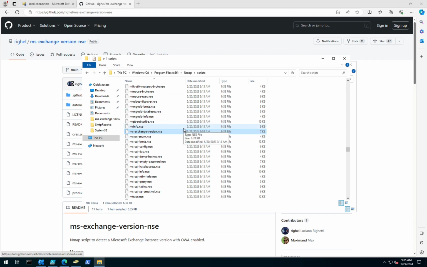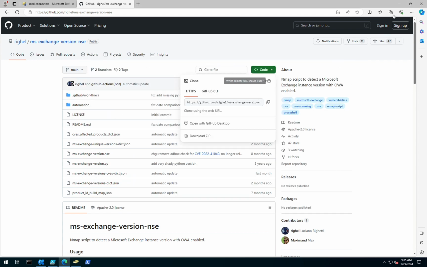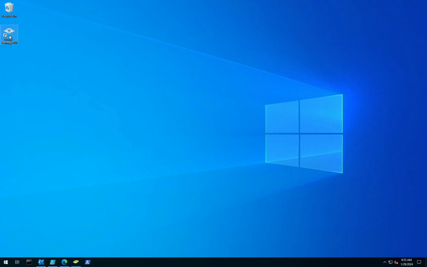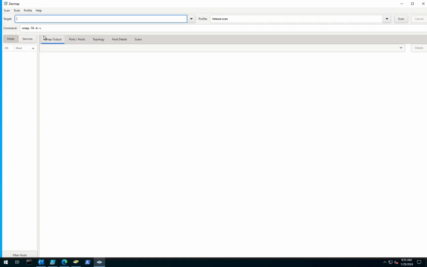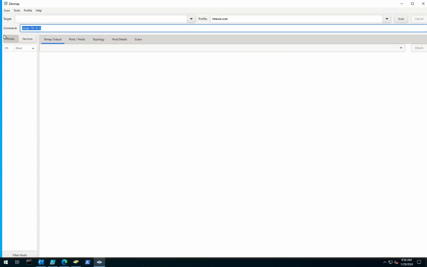Now remember, NMAP or Zenmap can be used in attacks as well. So some of these scripts can perform attack stuff, so just be careful. In this example, we are just going to enumerate Exchange and find out, is it vulnerable, is it not vulnerable, etc. So let me close that. We'll head over to Nmap, and you'll see the default is it's going to give you nmap -T4 -A -v. So I've already copied